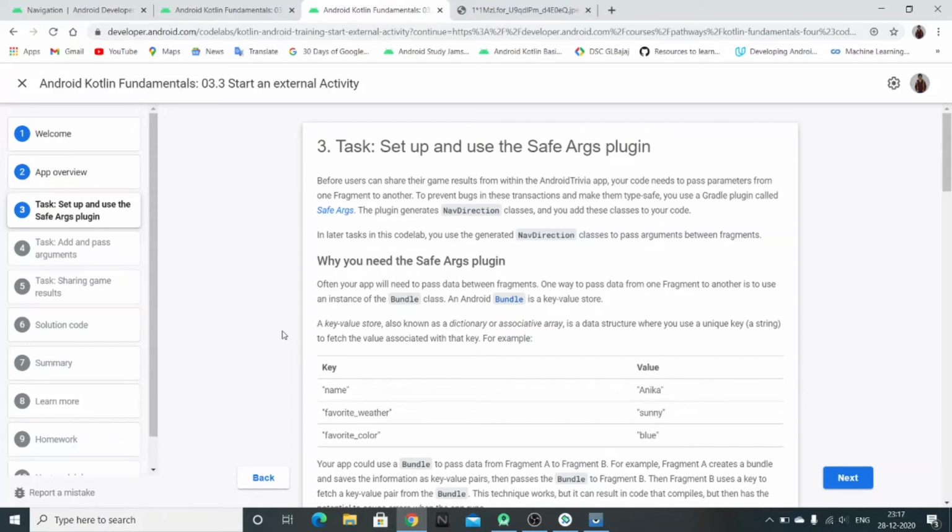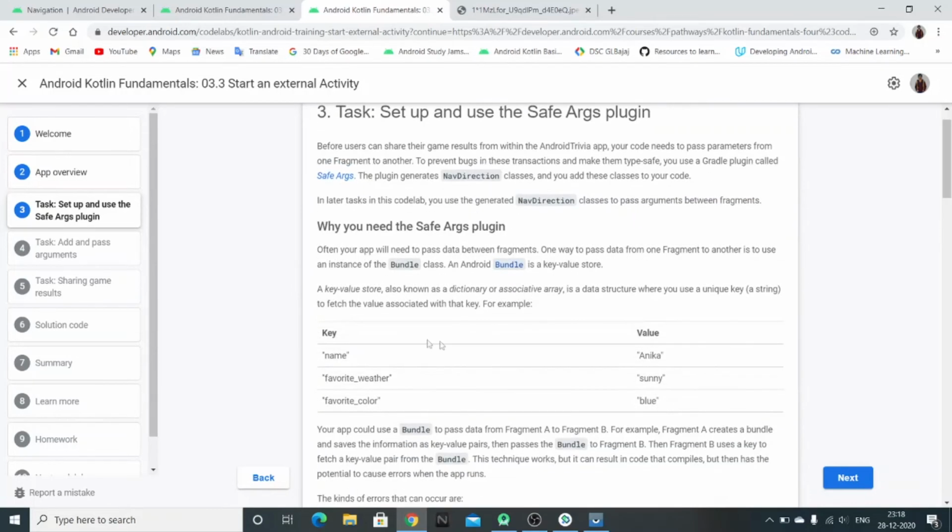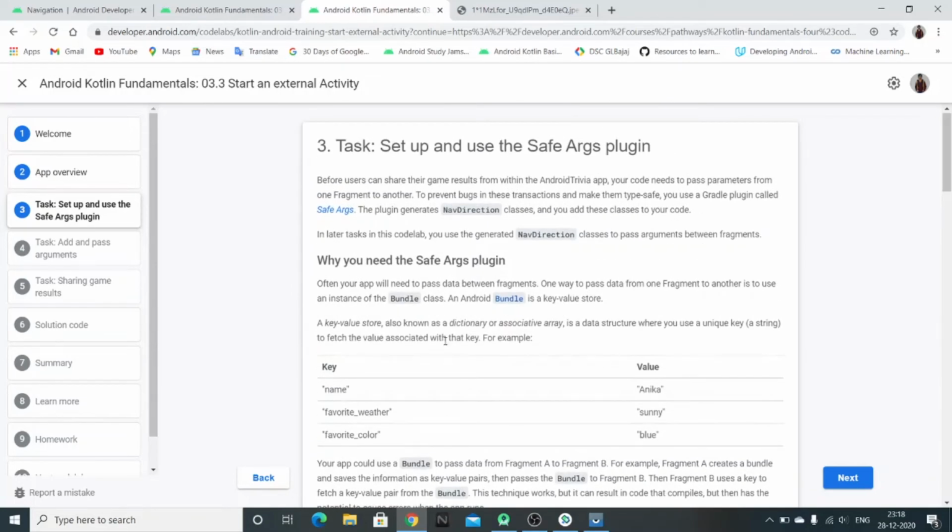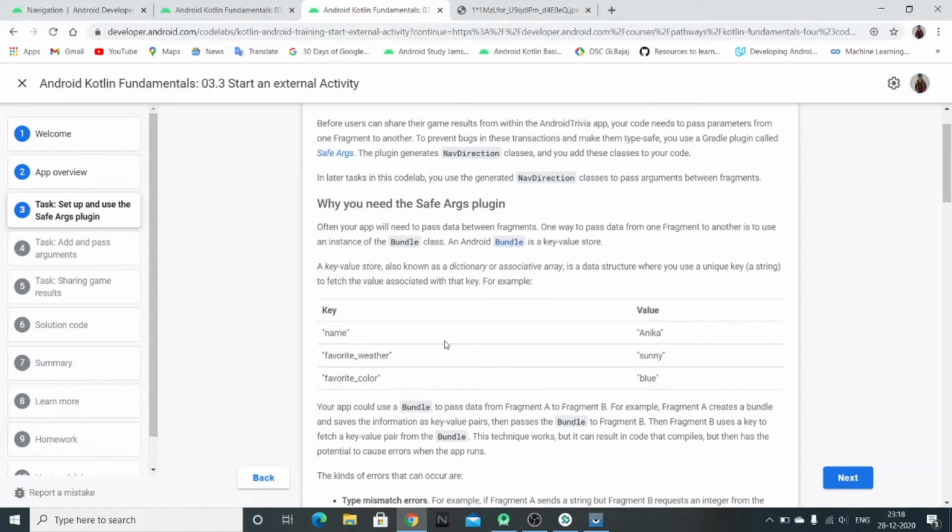If we were using intents for switching between activities or fragments, we would have used a bundle for passing data. But since we are using the navigation component, we will use the SafeArgs plugin that comes with it. Say you're on fragment A and you want to pass something to fragment B. You bundle up the data, like a name key of type string with a value like Anika.